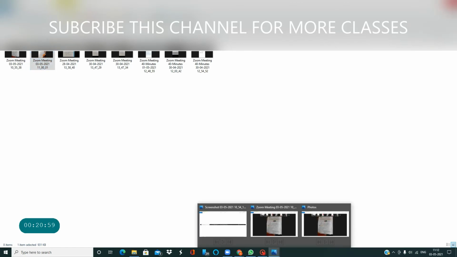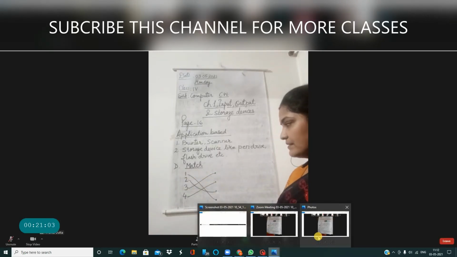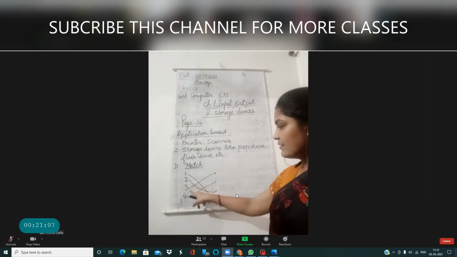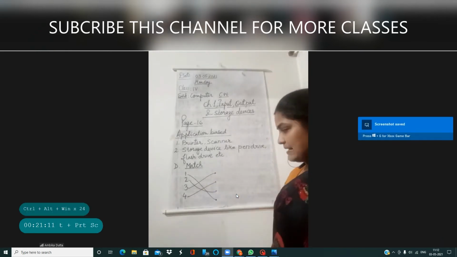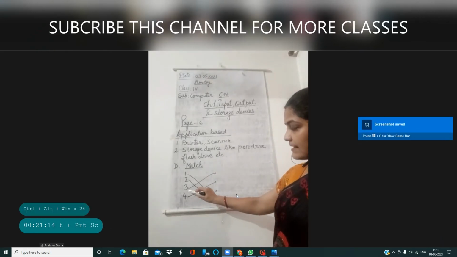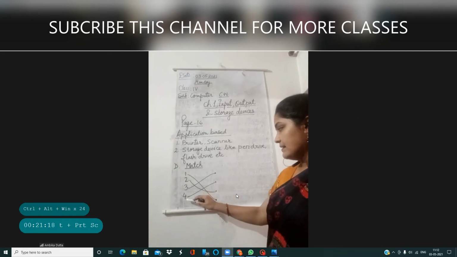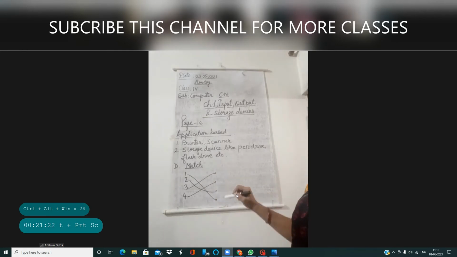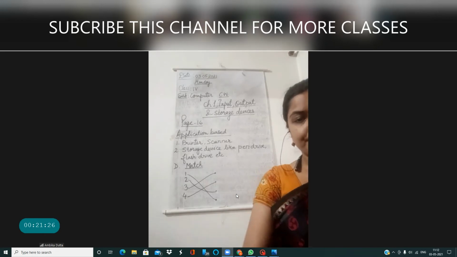Now the D1 is matching. The first one you have to match with the last one. The second one you have to match with C1. The third one you have to match with the first one, and the fourth one you have to match with B1. CD, that is the diameter given, 4.7. Then memory unit is used. This is all the information given from which you have to match which device.